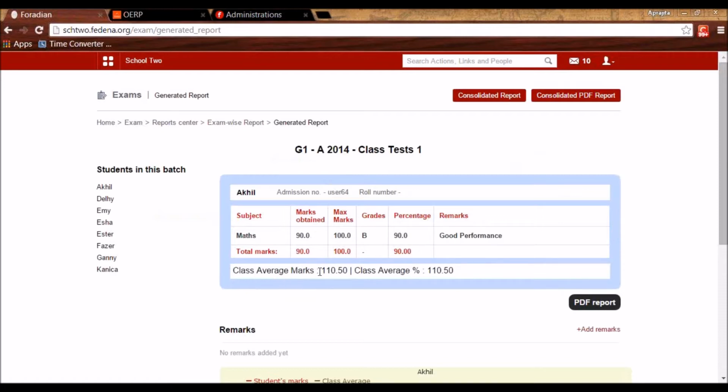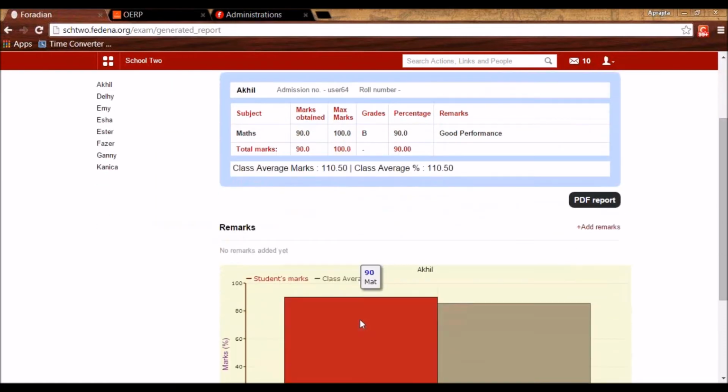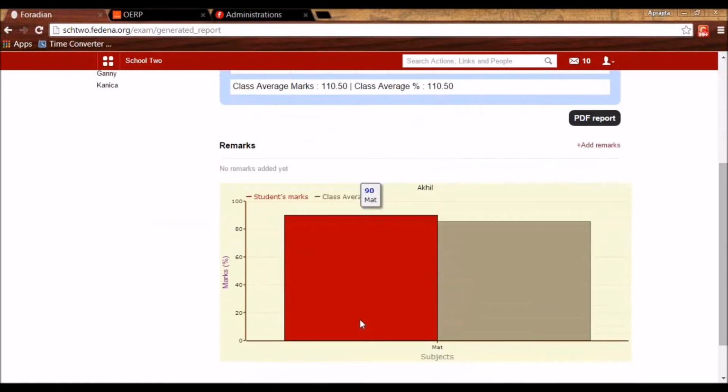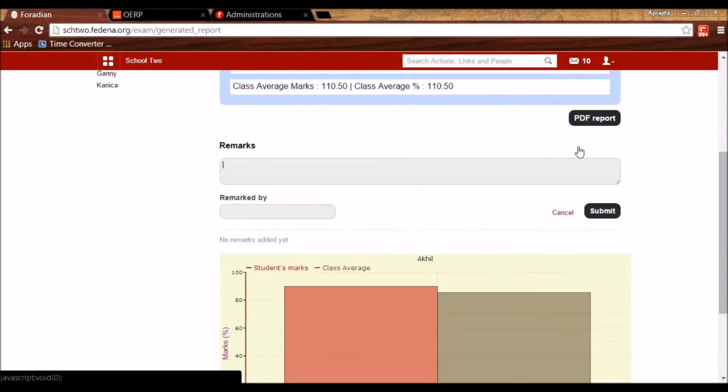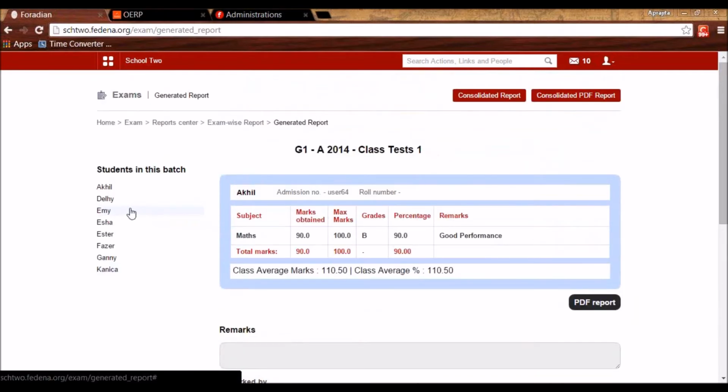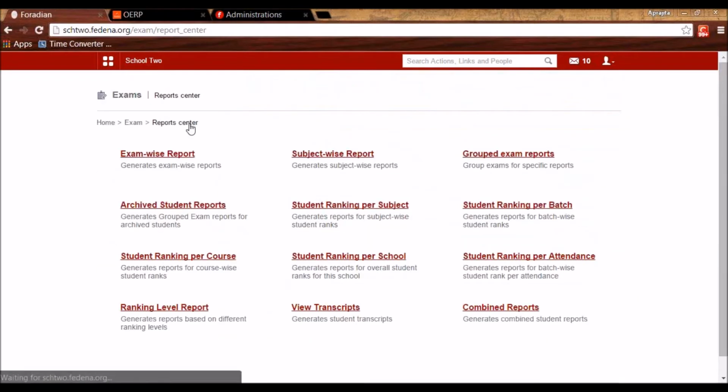It also shows the class average and how much the student is deviating from the class average in each subject. Remarks can be added by the tutor, by the teacher, or by the FEDENA administrator. So this is the exam-wise report.